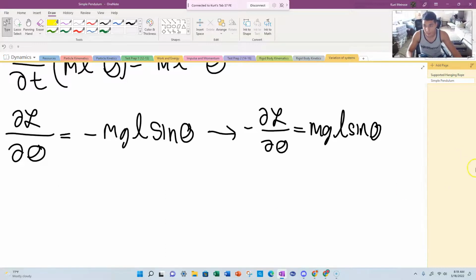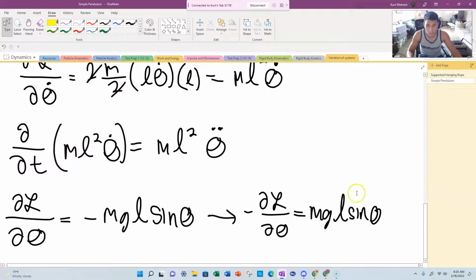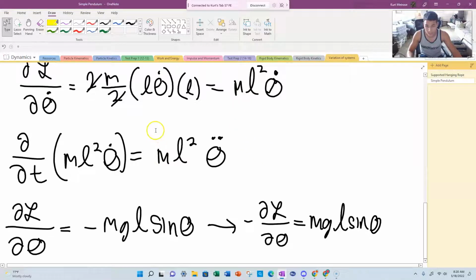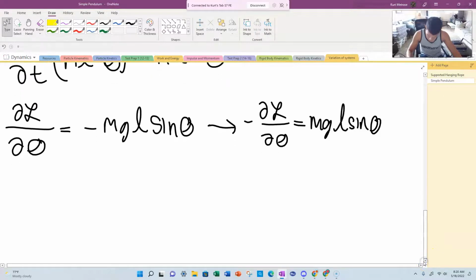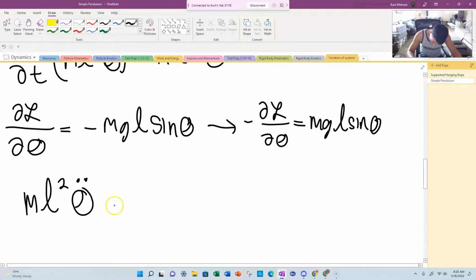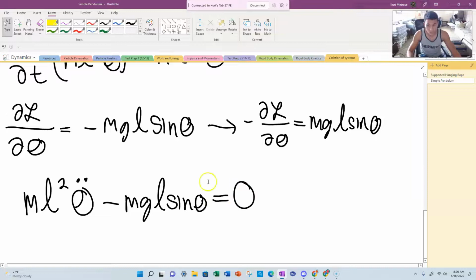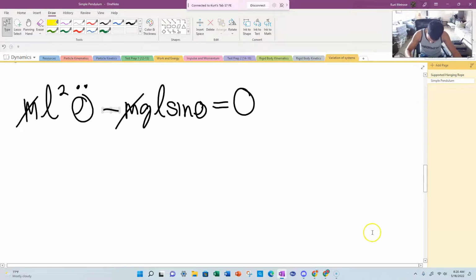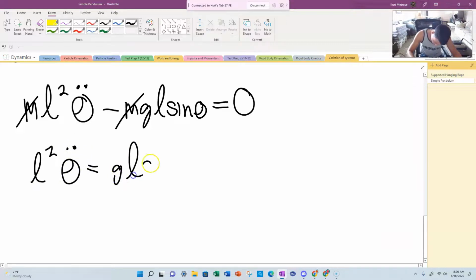Okay, let me show you guys. This guy right here, and this guy right here are the only pieces of information we care about. So we get m l squared theta double dot minus m g l sine theta. This is equal to 0. What can you see that can go away? We can factor out the masses, right? And they go away. And then you can see that this is a negative here, so we can put it on the other side. So then we're going to get L squared theta double dot is equal to g l sine